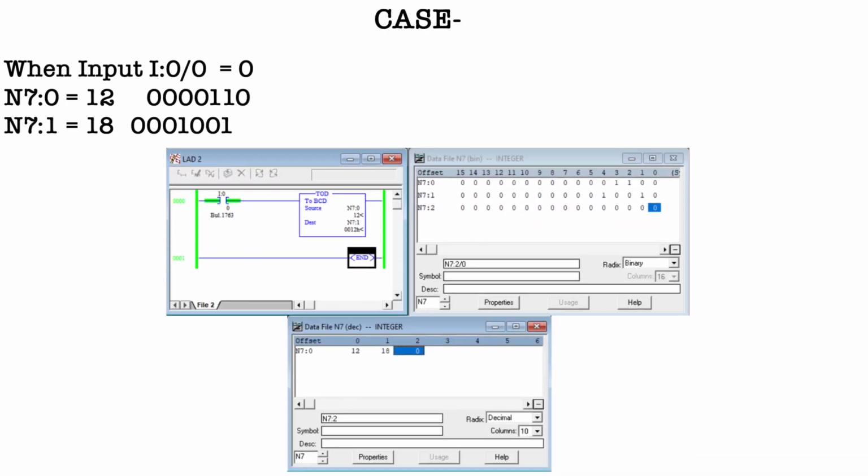Initially, I take 12 as an input to source A. So 12 is represented in the form of binary, as I already explained to you. It is represented by 1100. Initially, when TOD doesn't get supply, the output is 0. You can see in the data files the output N7 colon 1 is equal to 0, right? So when we supply